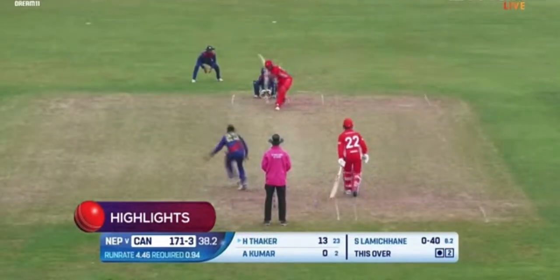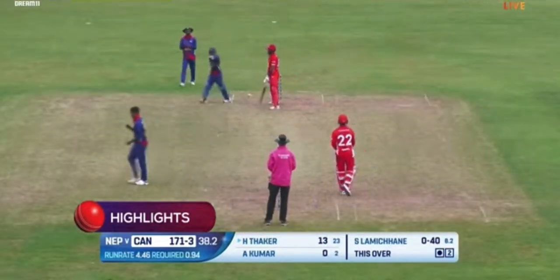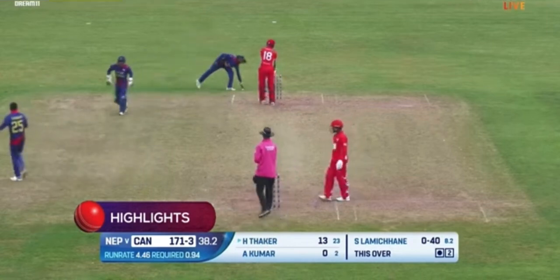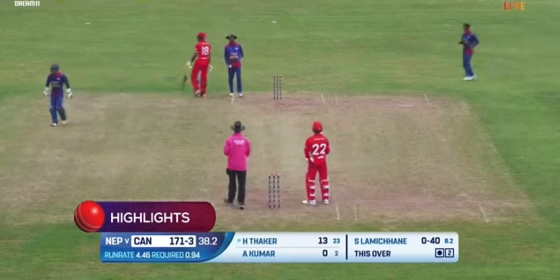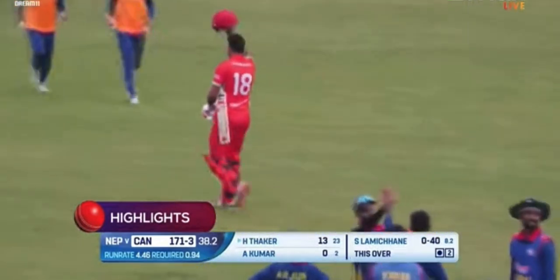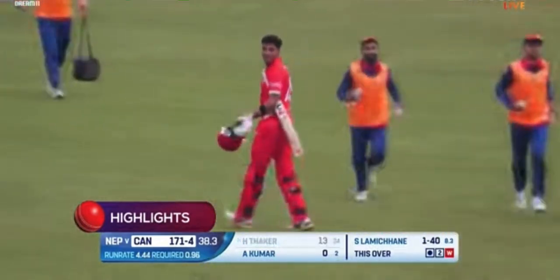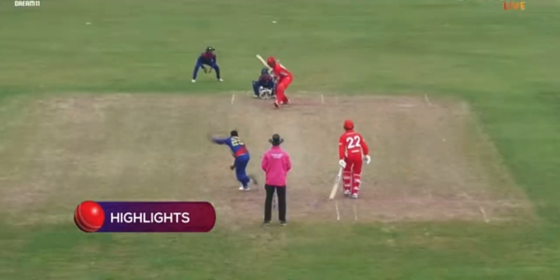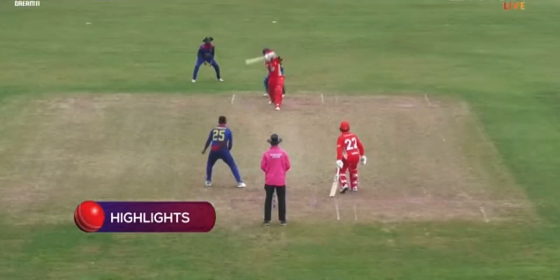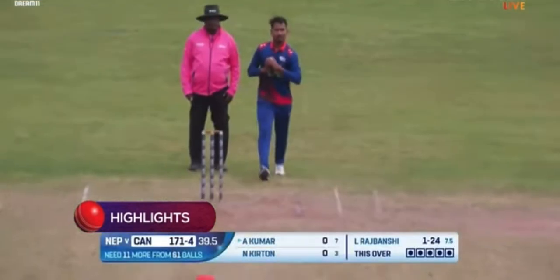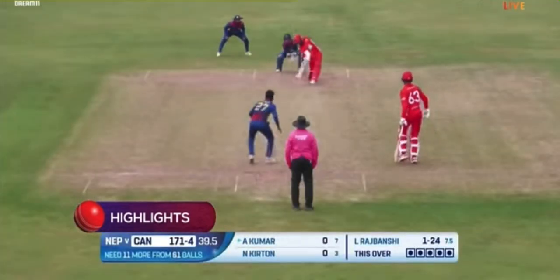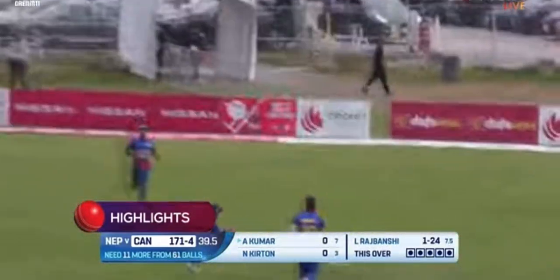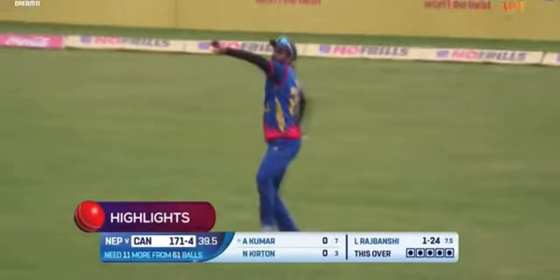Lamichhane strikes. Thought it might be an opportunity for a wicket to his name. Thacker was tempted to try and smash it down the ground, and he's been cleaned up by Sandeep Lamichhane. Yeah, definitely the googly. And this has gone a long way up. Can Powell get back to take the catch? He's put it down. And that rather sums up Nepal's day.